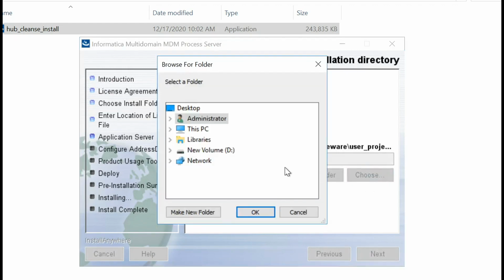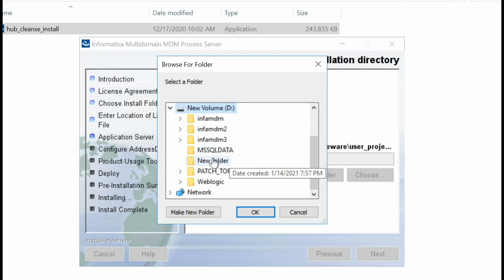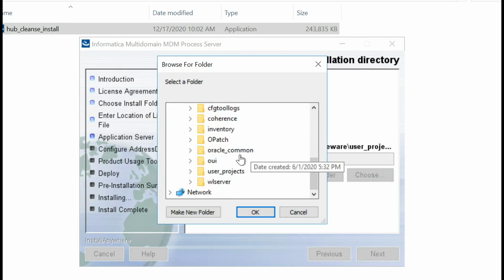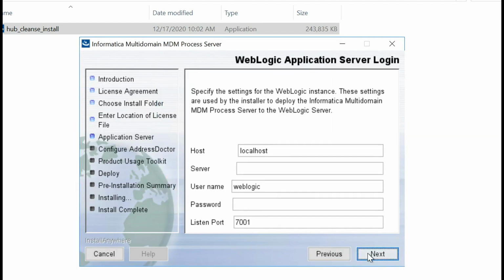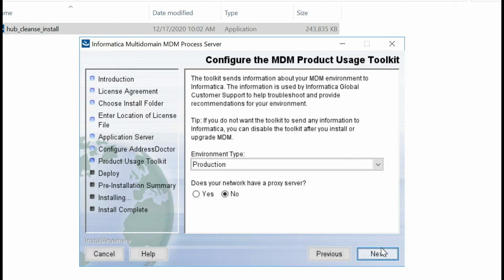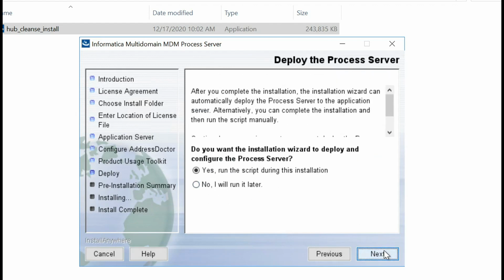We will provide the path till base domain. The server is admin server and WebLogic console password. Select the environment type as per your use case. We will run the post-installation script during this installation.